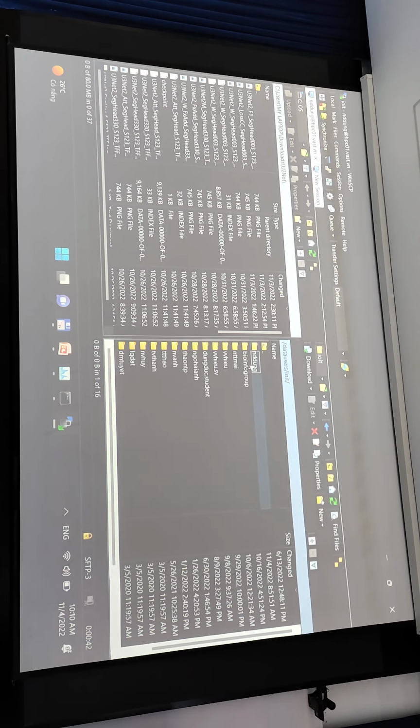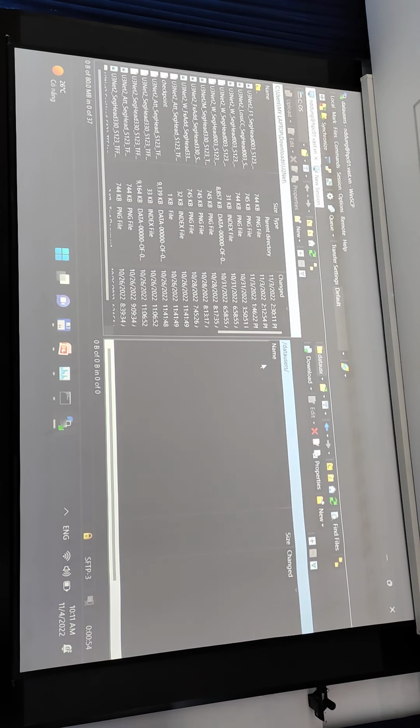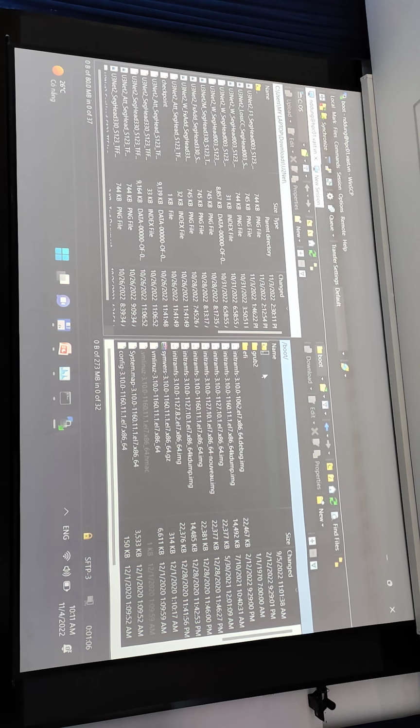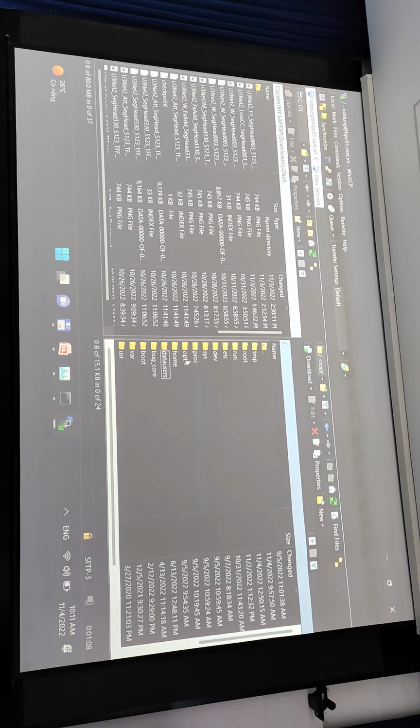Outside here, we have a list of users, but just a small group of users. And outside of that, we also have different system folders stored for different purposes. We have the pool folder, the var folder, and many user folders. You could also see lib64, different folders like this.